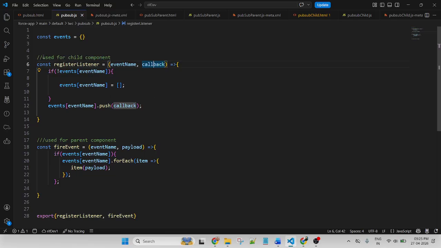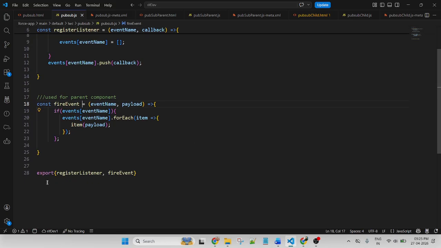Yes sir. Here I am checking if events are not registered. That means if no data is available in this child component, it will return blank. Otherwise, it will push the data. That means it will check if the value exists, then it will go here. If the event is not registered, it will return blank, otherwise it will push the data. So it will receive data, it will send the data. And after that we need to export all of the methods.